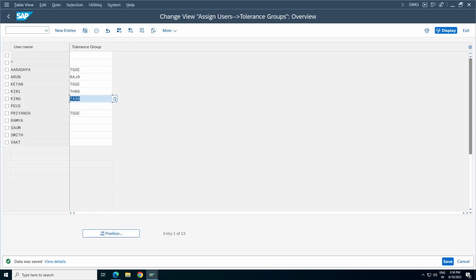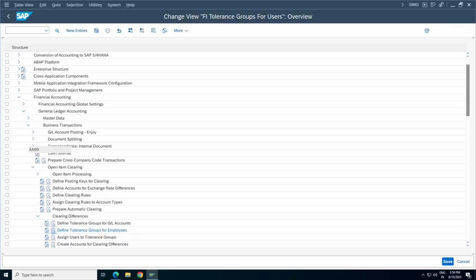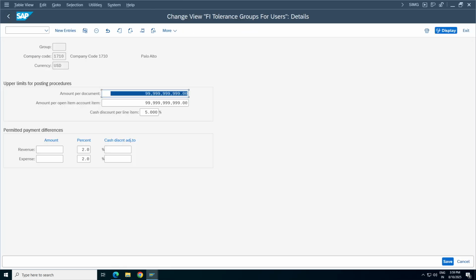If I'm updating here, then for other company codes also they can't do it, right? It will throw an error for other company codes, because I already created one group. If they want to use this group, they have to assign it to their company code in the previous transaction, linking company code and group.